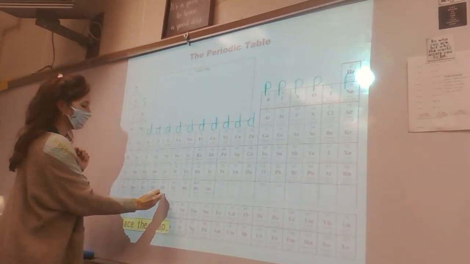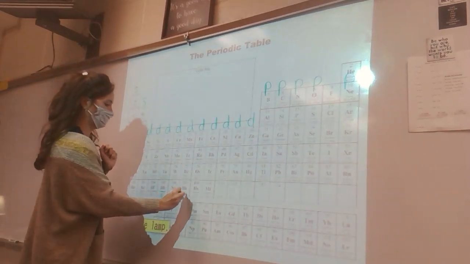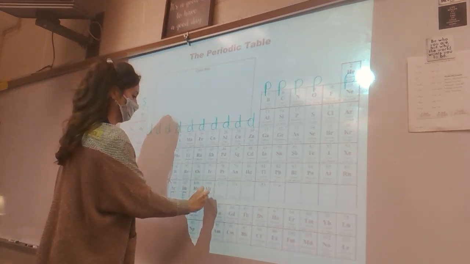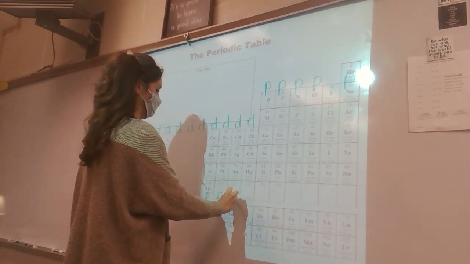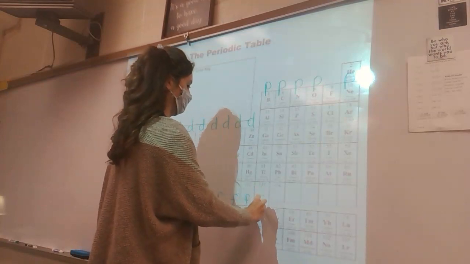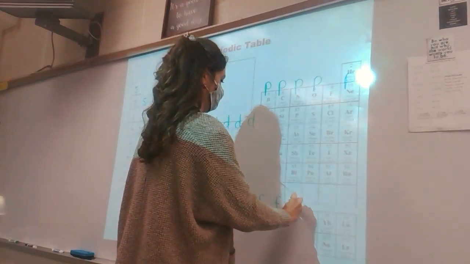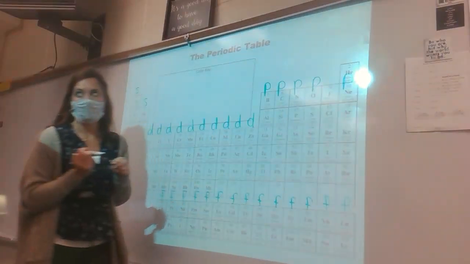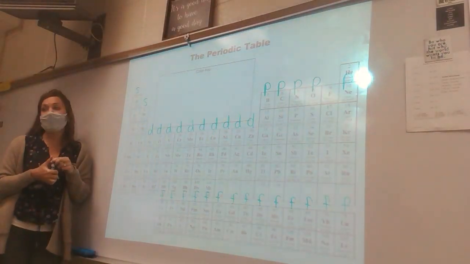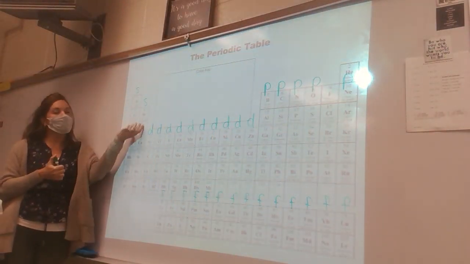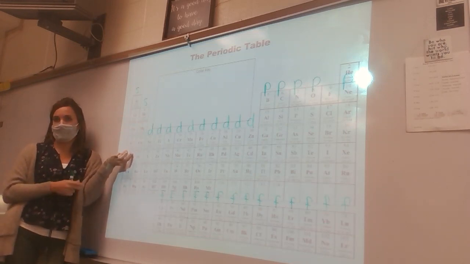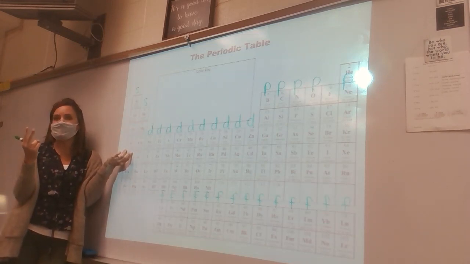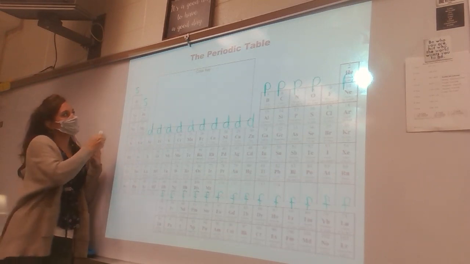And we have the F block. The S block is 2 elements wide because 2 electrons fit in an S sublevel. So this is